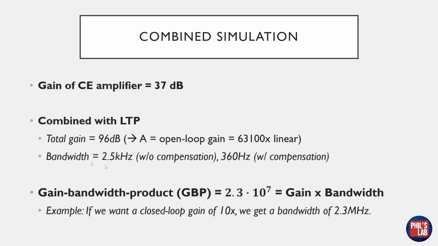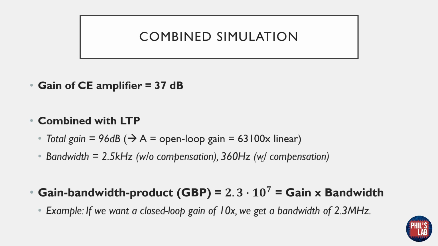Our bandwidth is pretty shoddy though, at only 2.5 kHz, and this is without dominant pole compensation. If I put in, for example, a 202 picofarad dominant pole capacitor, it drops to 360 Hz. So we get a lot of gain, but not a large bandwidth. However, this doesn't really matter because we're never going to use all of this gain we have anyway. We're going to feed back some of the output back to the inverting input, and then we get a much